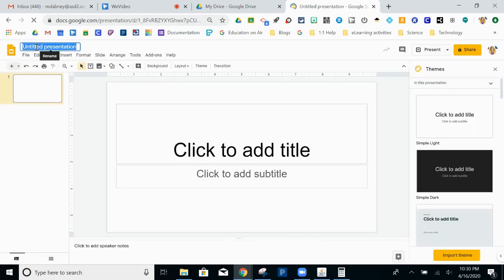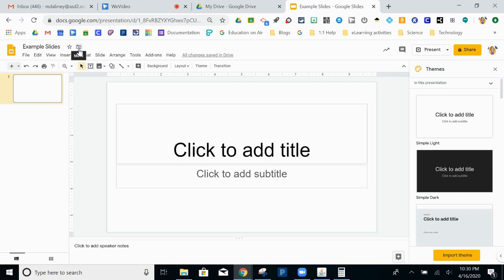So you would always want to come up here and rename it. If you just click in there, I'm going to say example slides. And then if you give it just a minute, a folder is going to pop up right here. And this is where you could then move it to the destination you wish it to be in